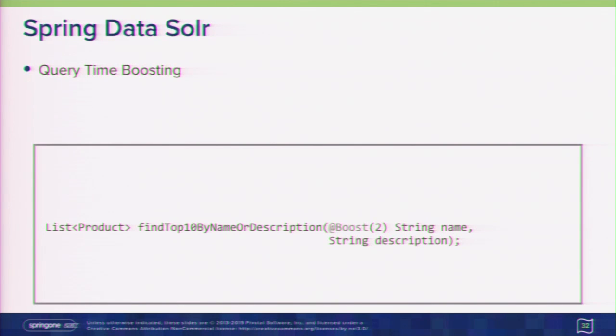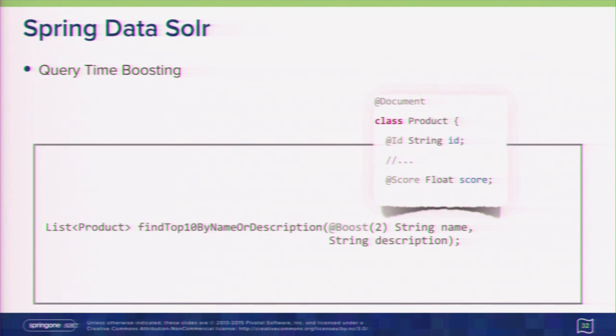You can basically define boosting via the circumflex, and in Spring Data Solr it's pretty easy to do query time boosting by just having the add boost annotation on any method parameter you want, and we'll make sure that this value gets picked up and applied to the actual query executed, which is kind of nice. And we also have support for the scoring, because again, as in MongoDB, by default,